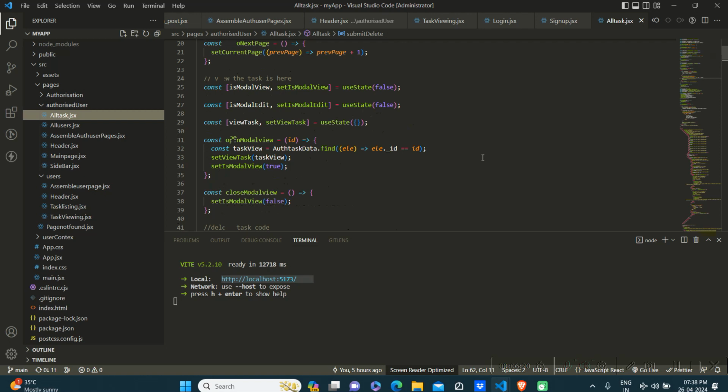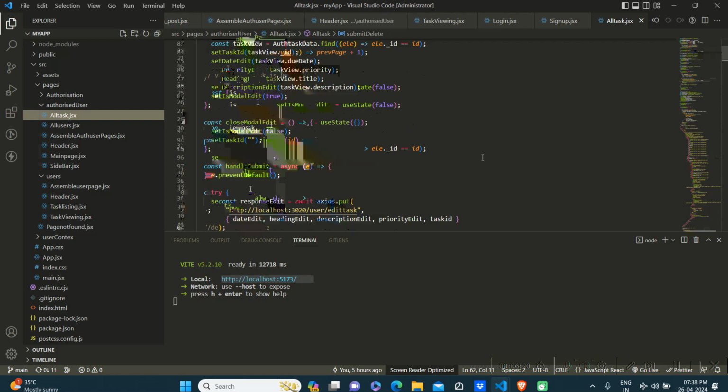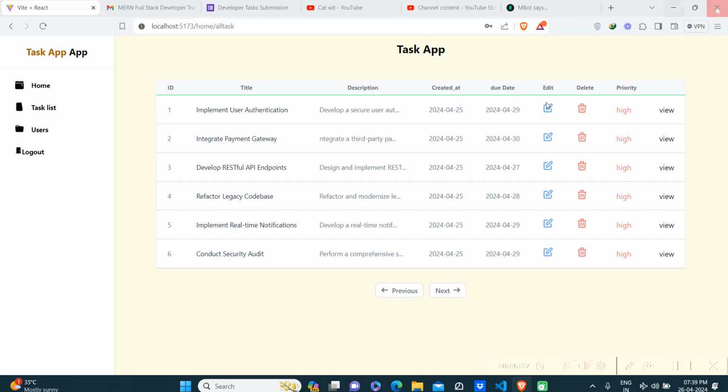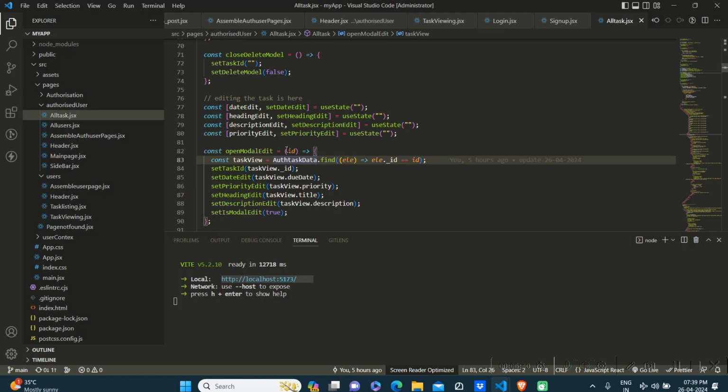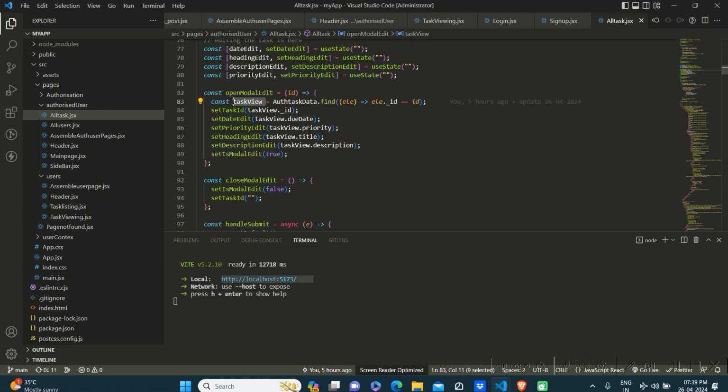Okay, this is the editing area. Here I created lots of states, which are date edit, heading edit, description edit, priority edit. When I click here, it will take the ID of that particular data, and I will filter that particular object into this task view, and from that task view I take that ID to update that particular task in the backend. And here I make a due date, priority, and those kinds of things will take data